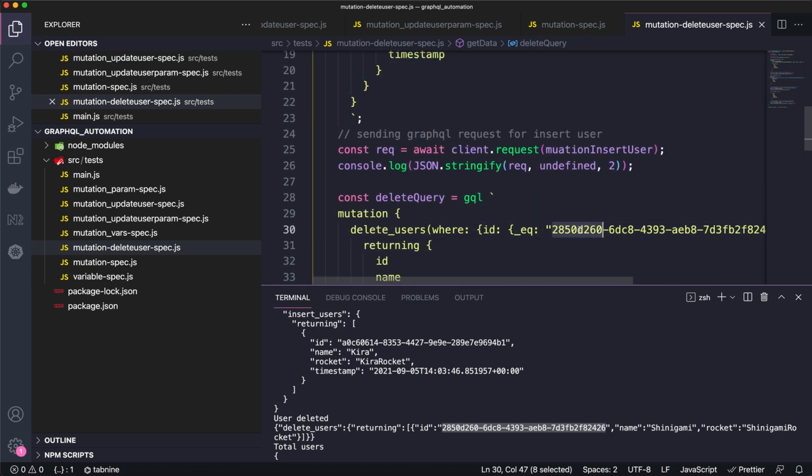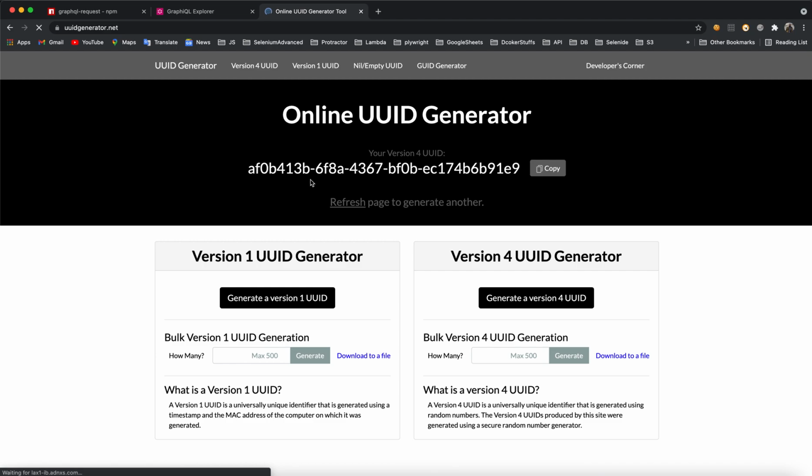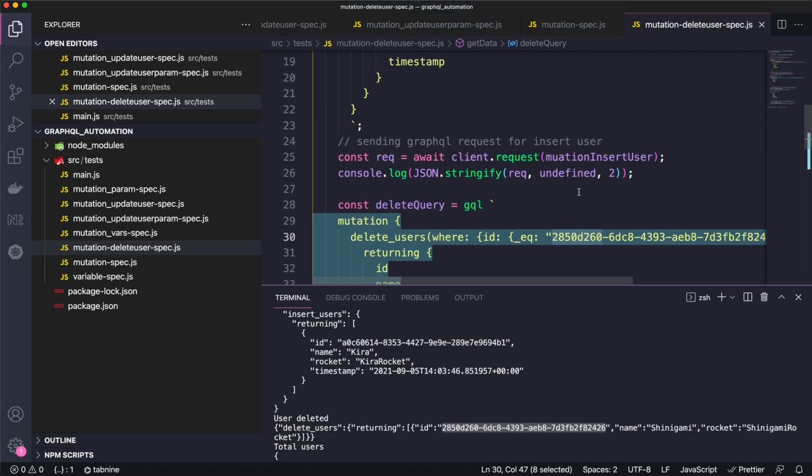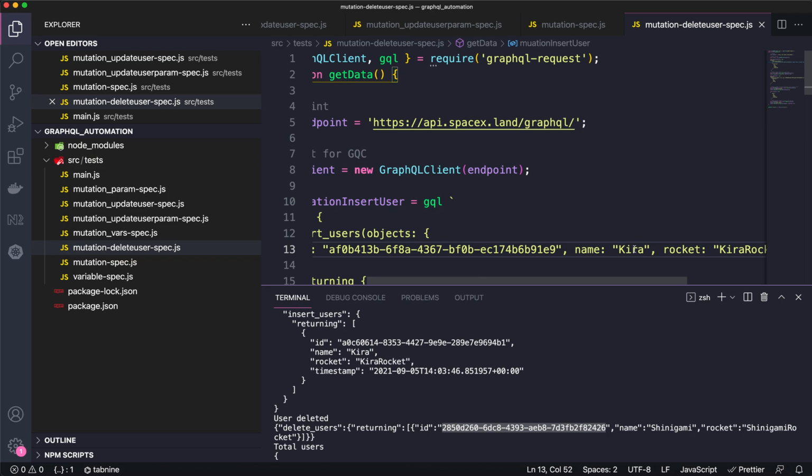So I need to make sure that I will be providing the same ID. Okay, no worries. Let's create another record, right? At this point, say Lelouch.